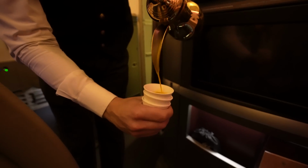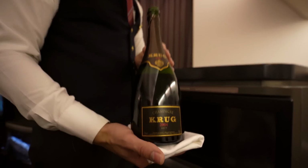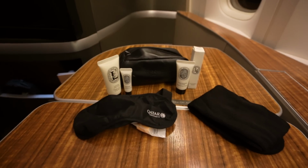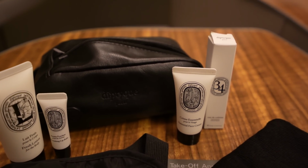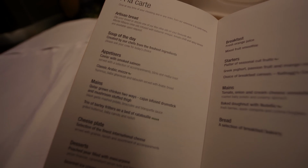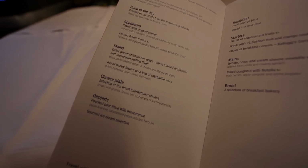Cometh the hour, cometh the beverage service, starting with Arabic coffee and followed by a staple here on Qatar Airways First Class, Krug 2004 champagne. Taking a peek at the amenity kit by Diptyque, you'll find a series of skincare items and a cologne inside this leather pouch, and I'd also note that there were separate pouches for the male and female versions of the kit. I browsed through the in-flight menus, picking out my indulgences for this journey, and before long, the meal was